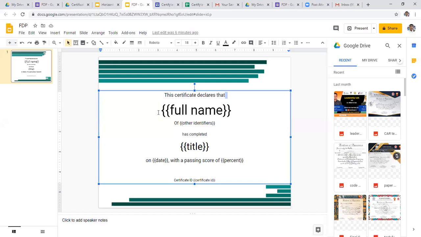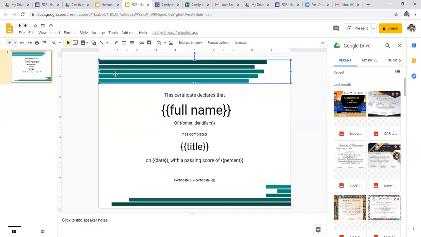We can easily edit it, sir. It is editable. I just wanted to know how to insert particular logos into this certificate.